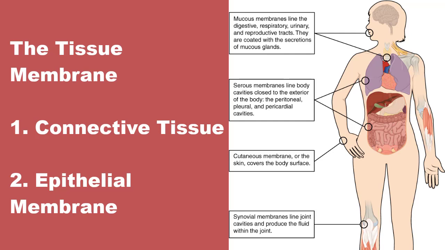Mucus produced by the epithelial exocrine glands covers the epithelial layer, and the underlying connective tissue is called the lamina propria. Literally, it means own layer, and it helps support the fragile epithelial layer. A serous membrane is an epithelial membrane composed of mesodermally derived epithelium called the mesothelium that is supported by connective tissue, and these membranes line the